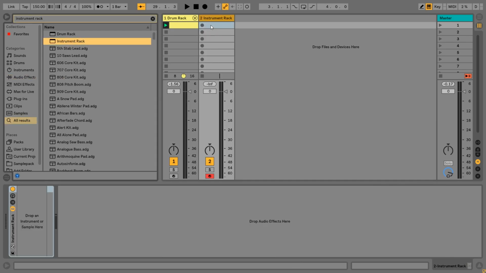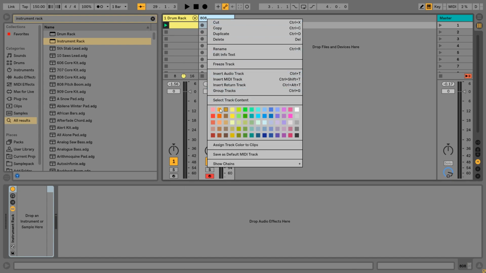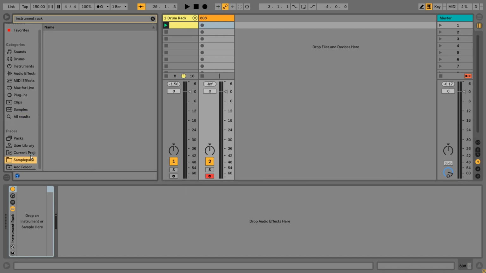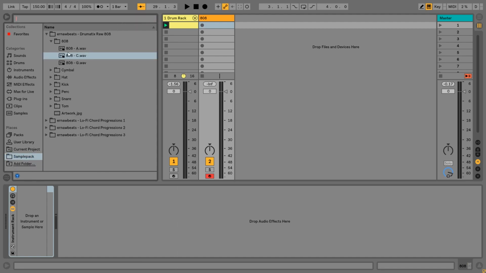We take the instrument rack. We can rename it by right-clicking, press rename, call this one 808, right-click and change the color. And down here it says drop an instrument or sample here. So we're going to use a sample for this. We can go to my sample packs, go into 808s,